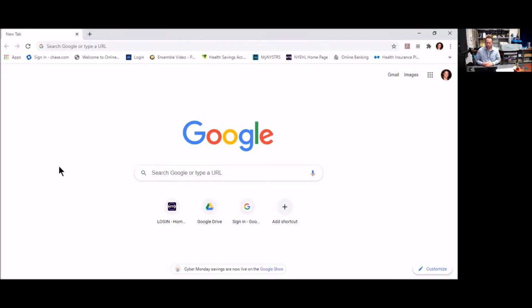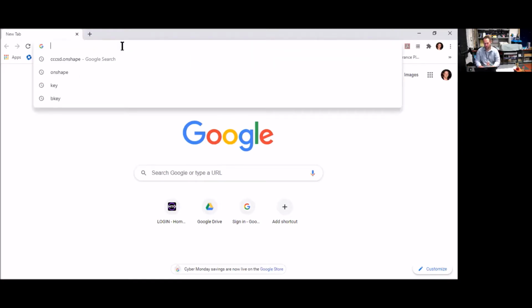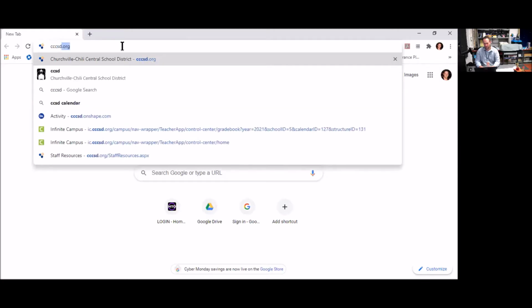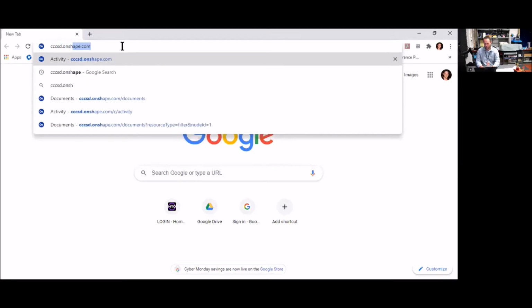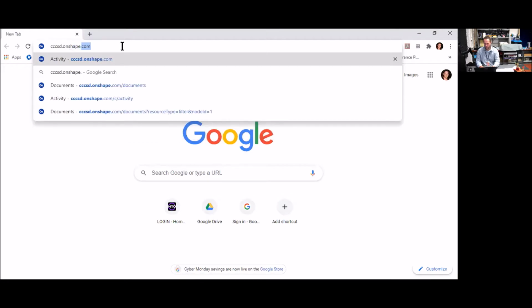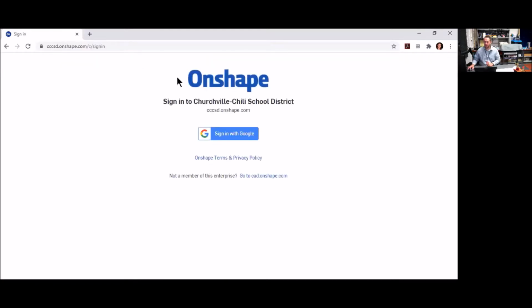Open a new Google Chrome tab. In the URL bar, I want you to type the following: cccsd.onshape.com. Our school has enabled the Enterprise Suite for OnShape. This allows us to log in using our pre-existing Google accounts. Type enter. Now that you're in the OnShape startup screen, what you're going to do is select the Sign In